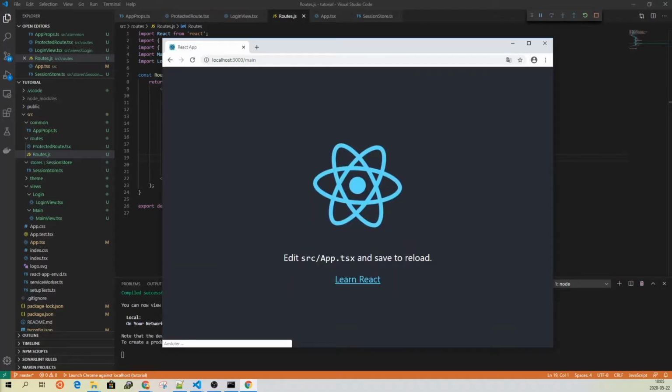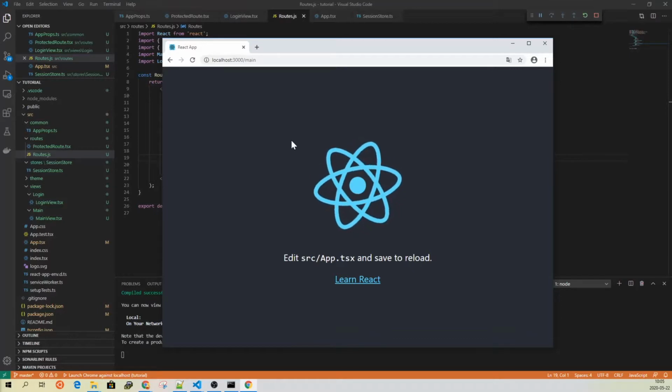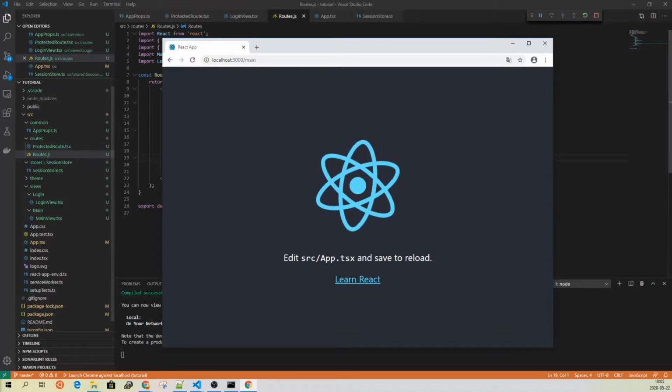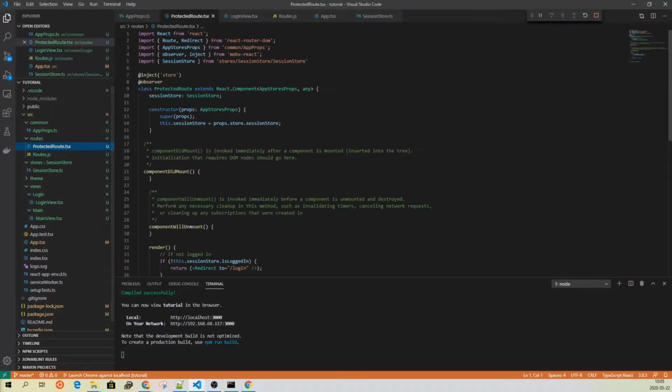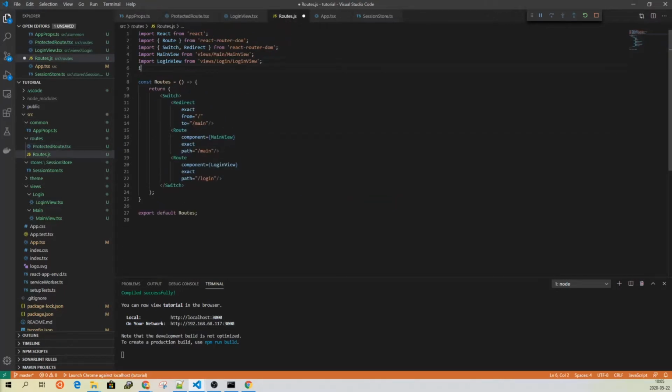And we go to main again, and that works nicely, but we actually didn't want that, right? That's why we are doing all these parts. So we should then actually add the protected route. That's what we want to use, right? So we add this to routes, so we import this. And we say that this main view, we actually want this to be protected,